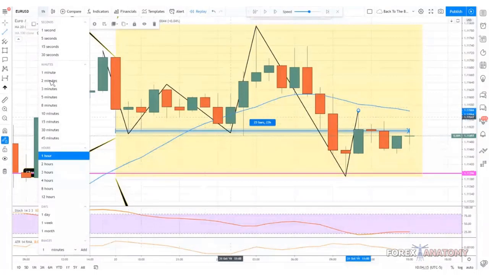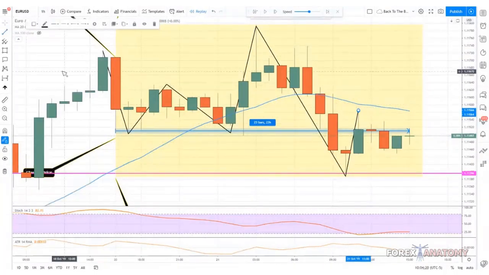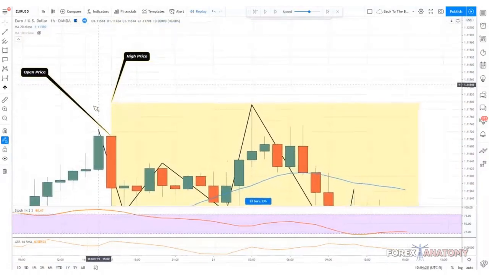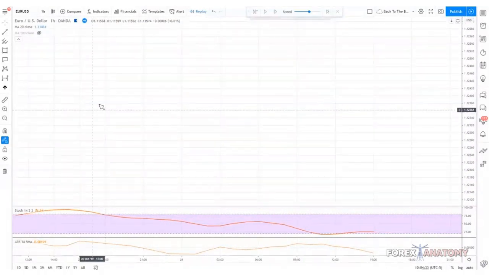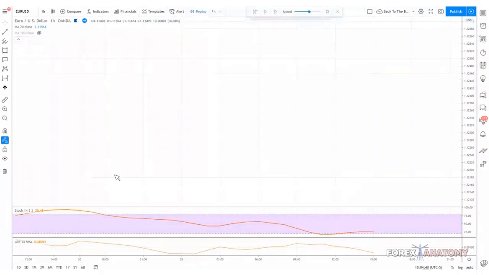Now, on this 1 hour, we see that based on how price moves, let me just do this right now while we have the time. Whenever price makes movements, like we said, price moves in what? It doesn't move in a straight line. No, it moves in waves, right? Price moves in waves, right?